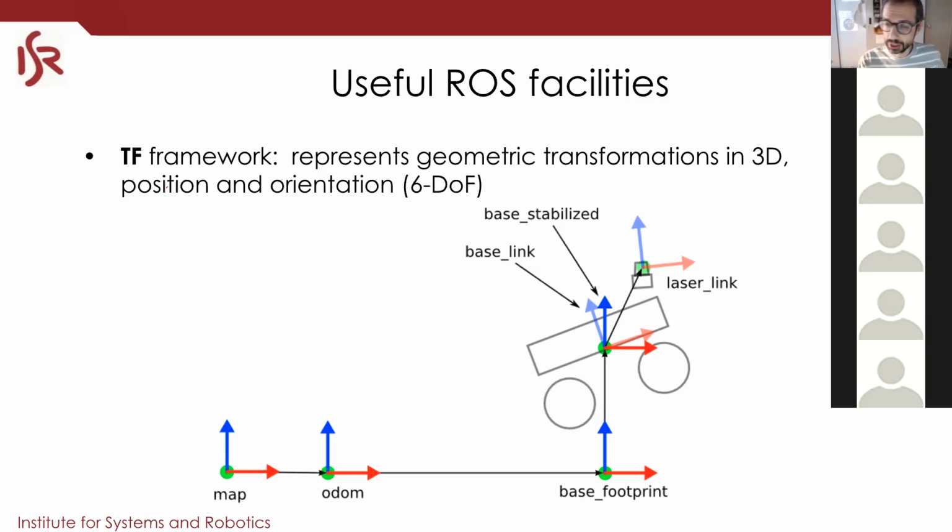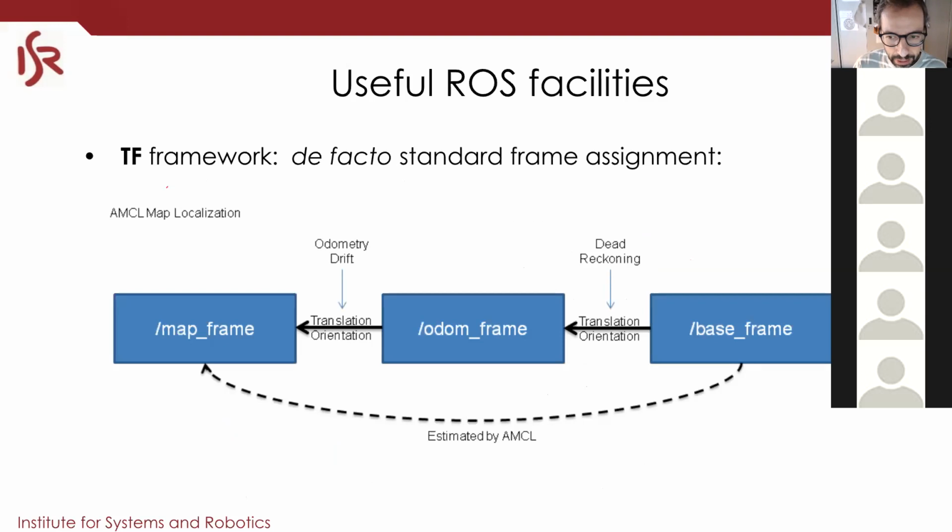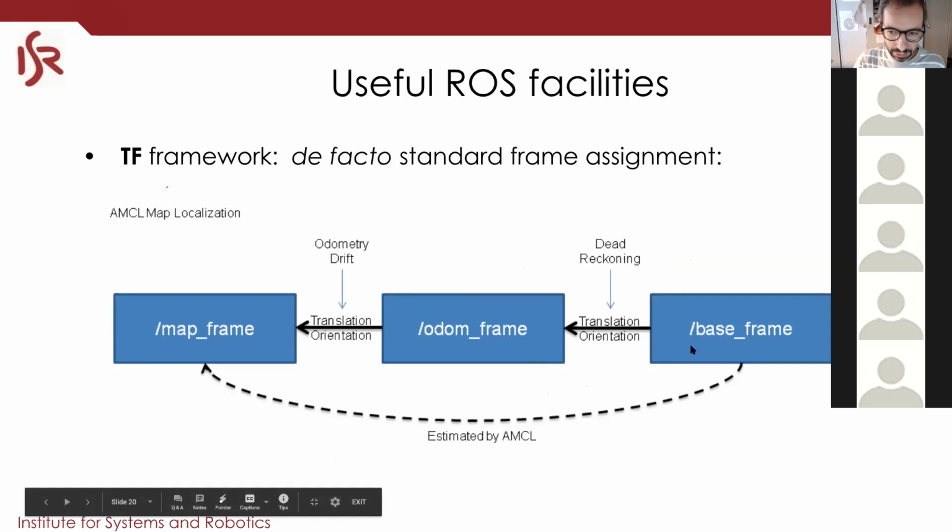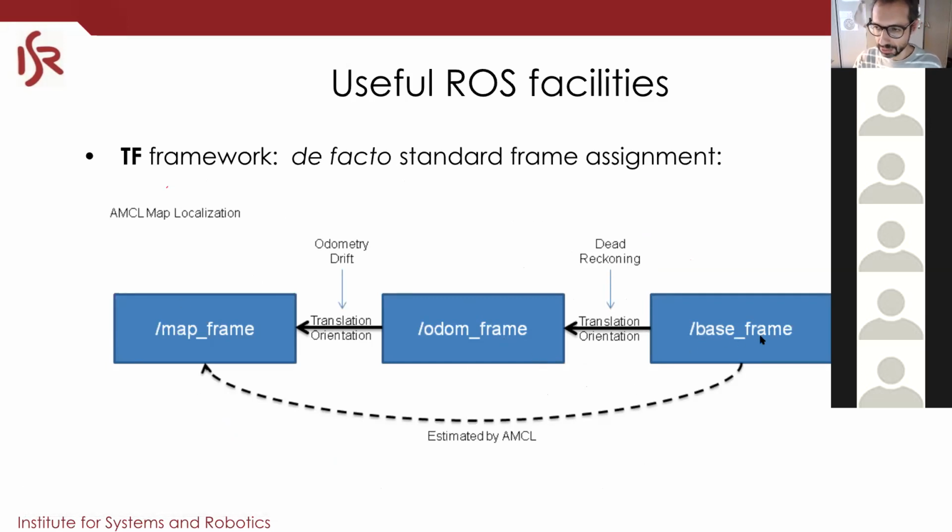And the take-home message is that everything that has to do with geometrical transformations and relative positions, for instance, inside the robot or between multiple robots, you should use a TF because the TF will simplify life for you a lot. I don't have much time, so just to tell you that this is a little bit confusing at first: the base frame is the frame of the robot, the map frame is the frame of the map.